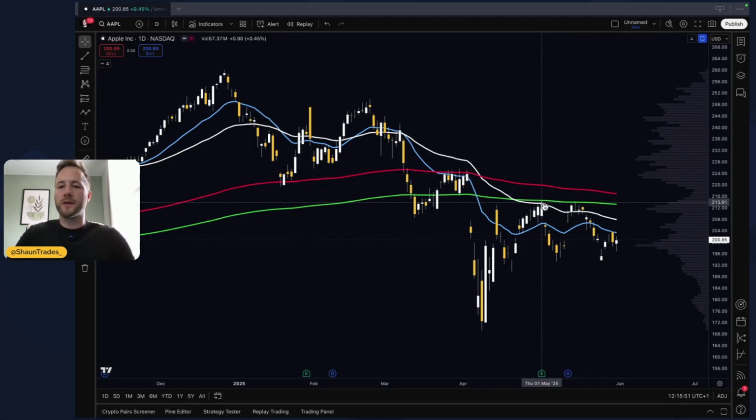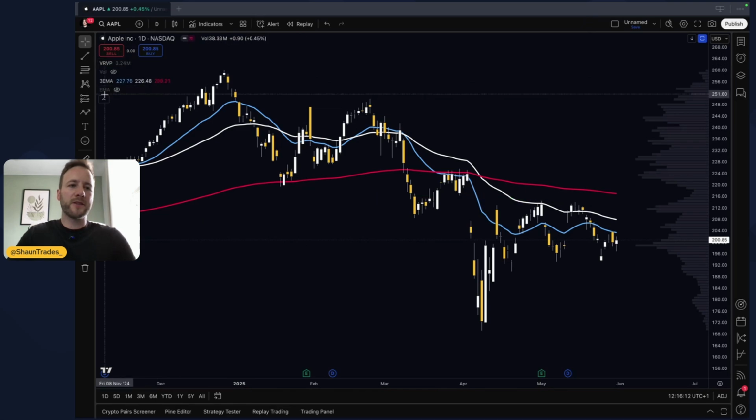So you've got lots of clean touches at the 300 moving average here for Apple, and you can go ahead and look at Microsoft, Meta, Google, all the big stocks. They all like to play around the 300 moving average. It's not the most common one, but it's always good to have on your charts. I'm actually just going to get rid of that, just because it's one less line